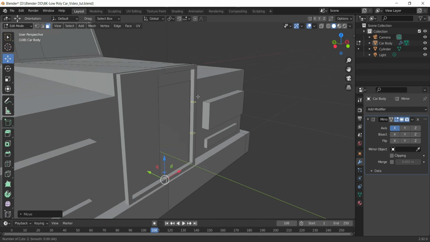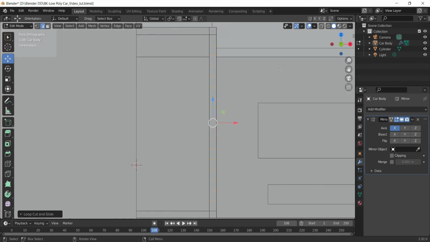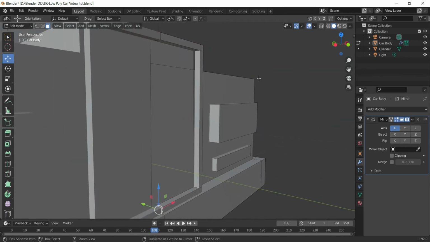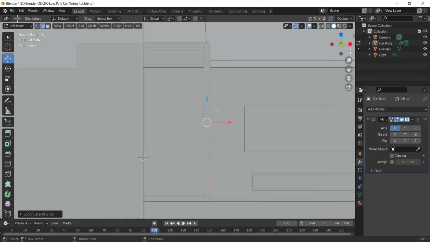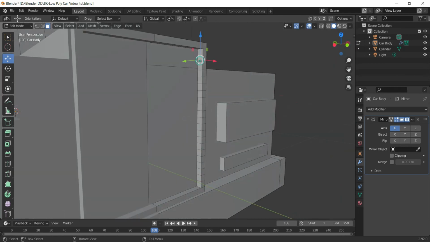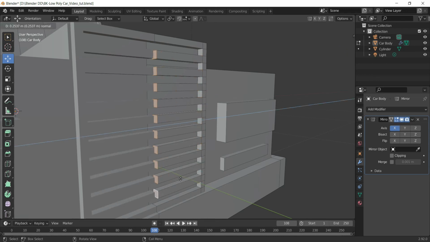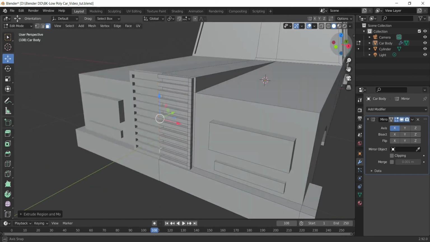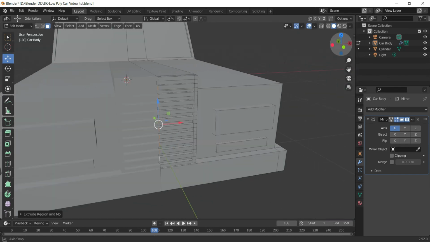So on this particular side, I will insert numerous cuts. Let's check if 16 is good enough. I think we need some more because this seems to be a bigger gap. So we'll undo this, and how about 20 this time? I think this much seems about right. So what we can do is, in face mode we can select every alternate face and extrude it like this, and we can say that we have completed the grill.